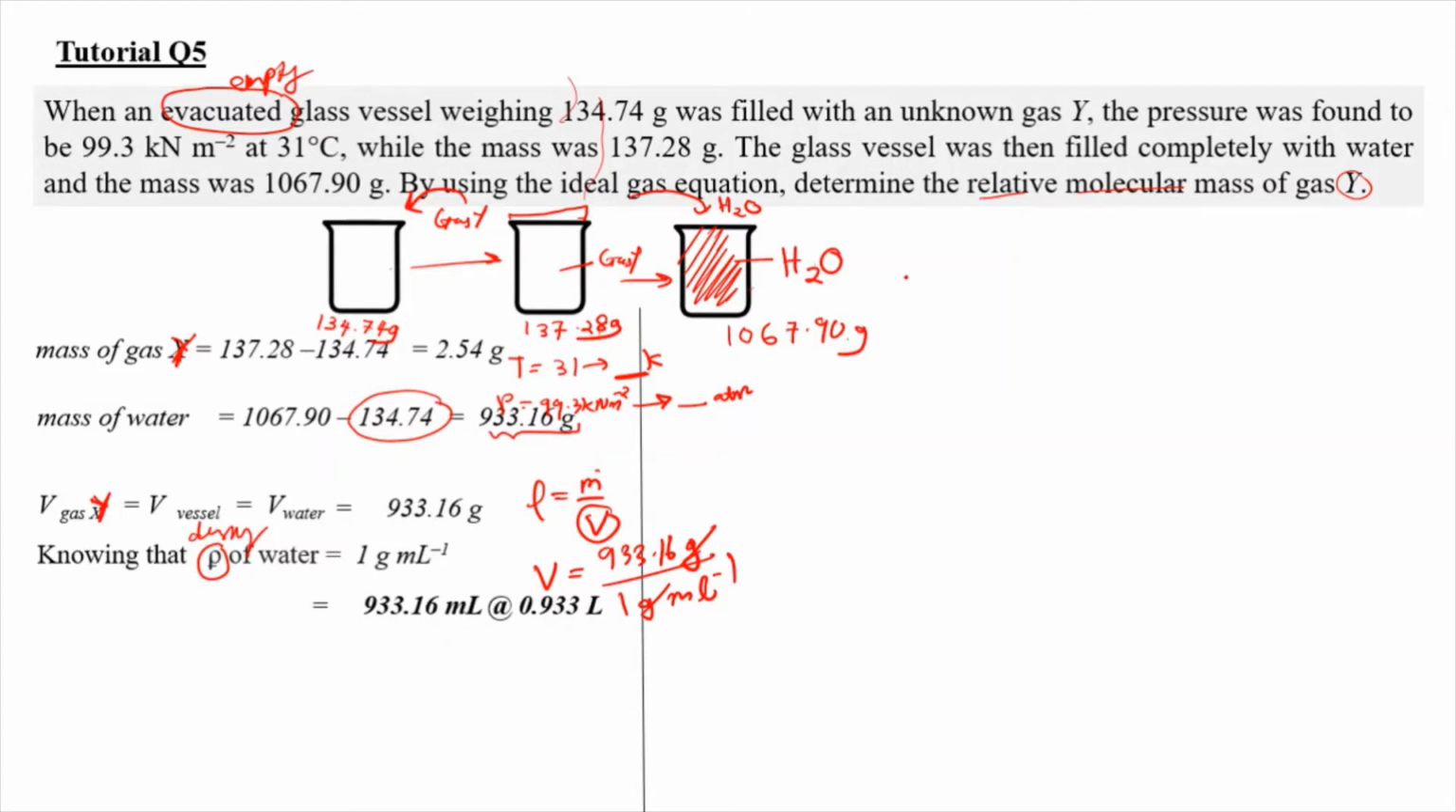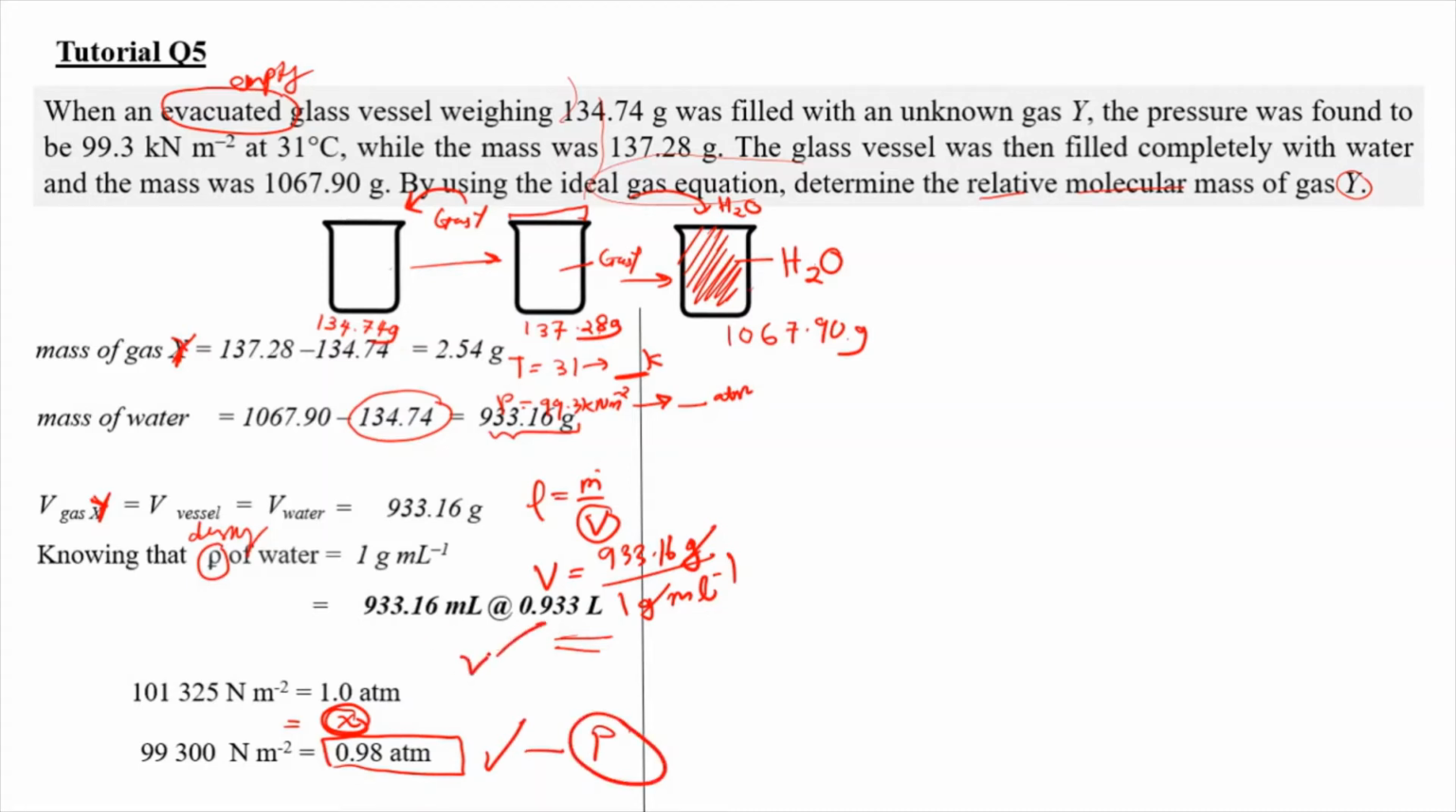And then because we're going to use the ideal gas equation, we're going to convert it into liter, which is 0.933 liter. And then we know that the pressure is 99.3 kilonewton per meter square. Okay, and we know that 1 atm consists of 101325 newton per meter square. So we need to do cross multiplication in order to find the value of x here. Using a comparison, we're going to get the value of x to be 0.98 atm. So we have our pressure, we have our volume, and then we have our mass, and we